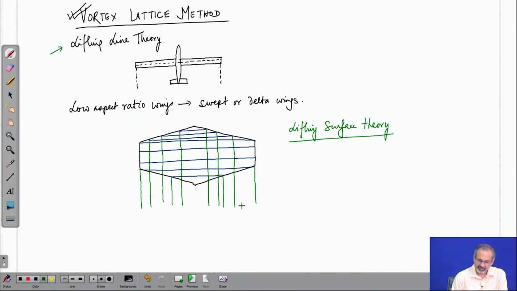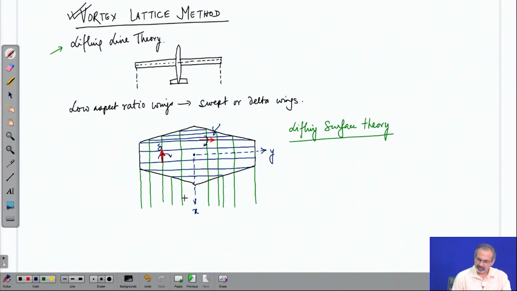In doing so, let us try to identify what these vortex filaments are doing, for which we take vortex filaments along the two orthogonal directions. It will be convenient if we fix the axis system at the center of the wing, let this be the x direction, the other one the y direction, and we will define vortex filament strengths gamma along the y direction, and let us say delta along the x direction,